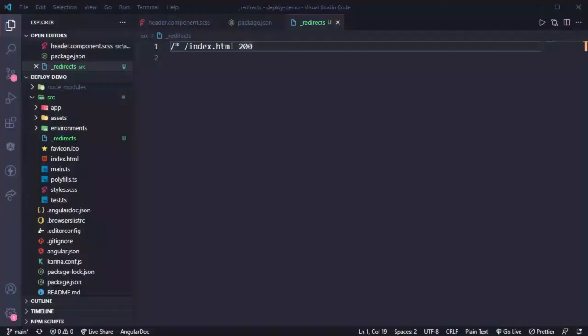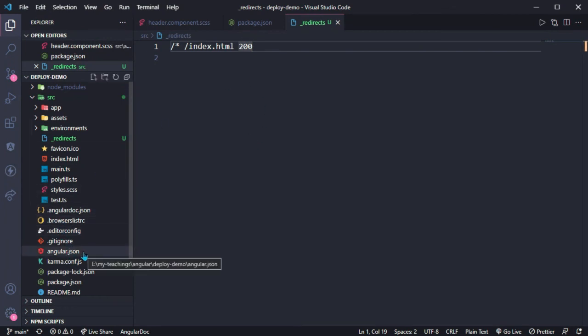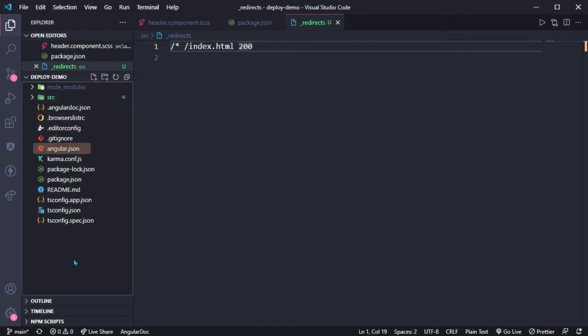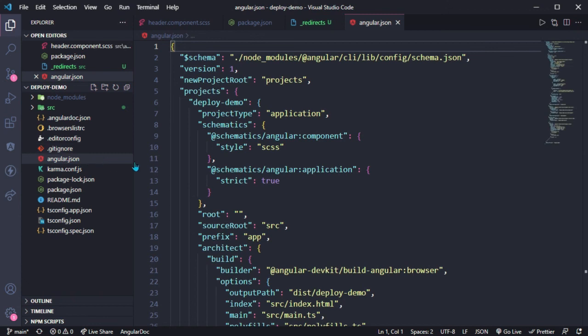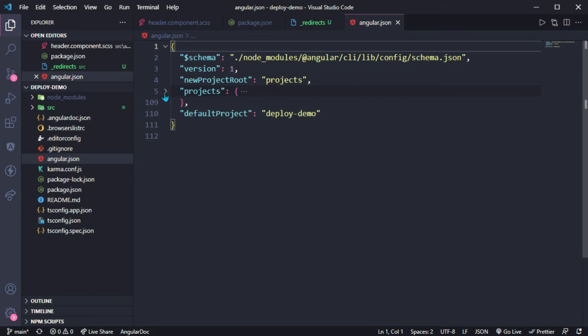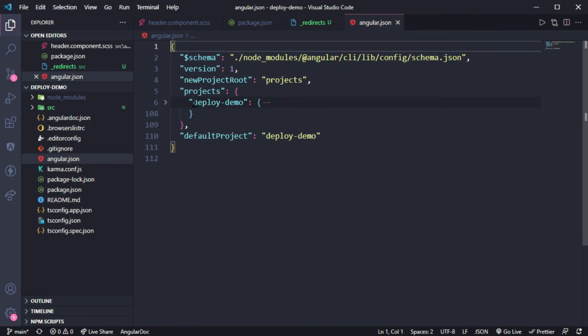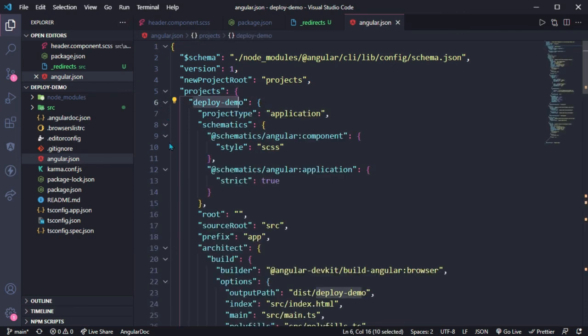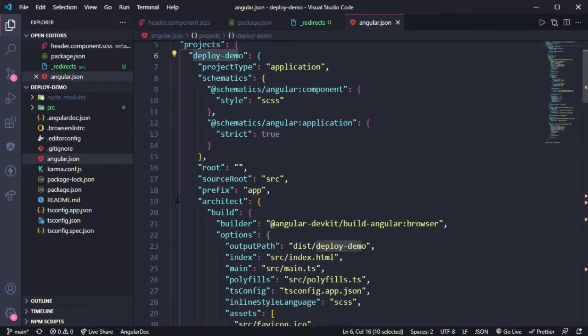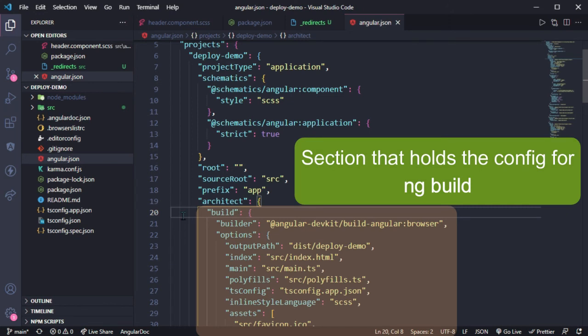I'll open our project. Here we need to go to this angular.json that is there in the root level of this project. Okay, so I'll go to this particular file. Here it is having all the projects configuration. Currently, in this particular workspace, we have only one project, that is deploy demo. That is the name of our project. So here we need to go to this architect. There we need to go to this build. So this is the section we need to configure.